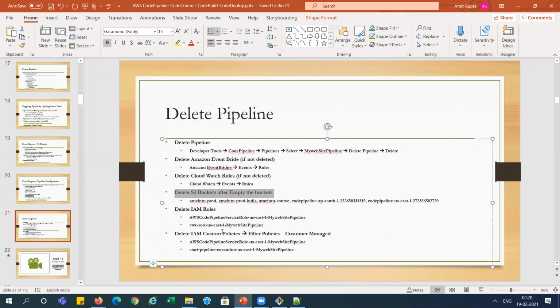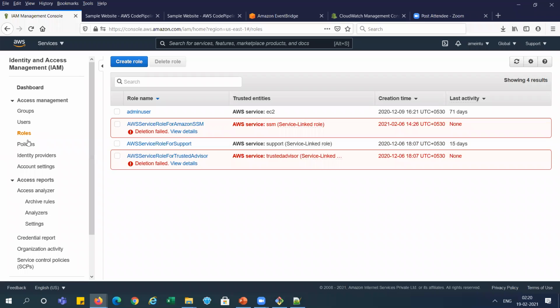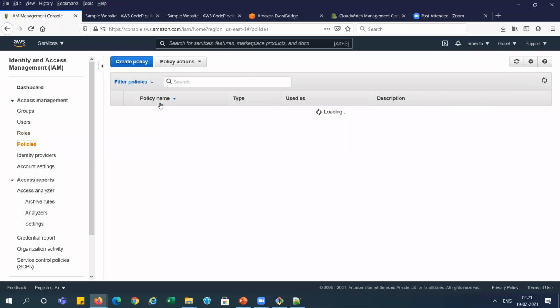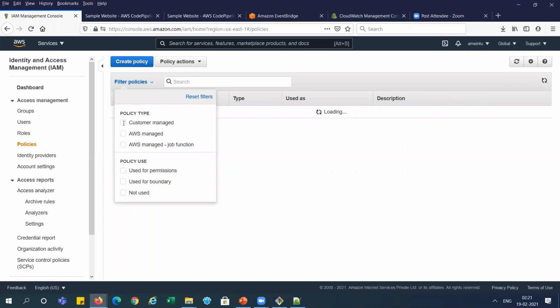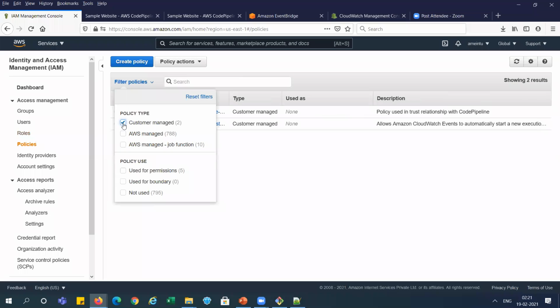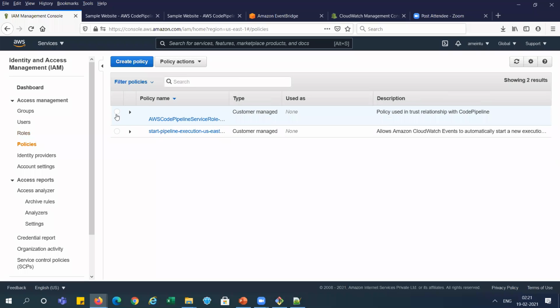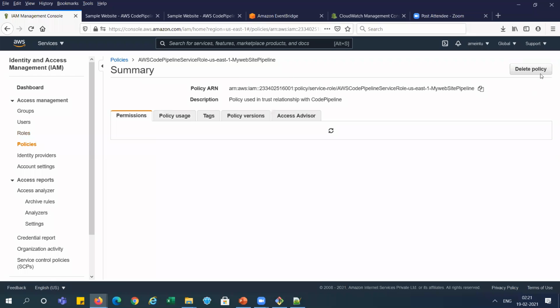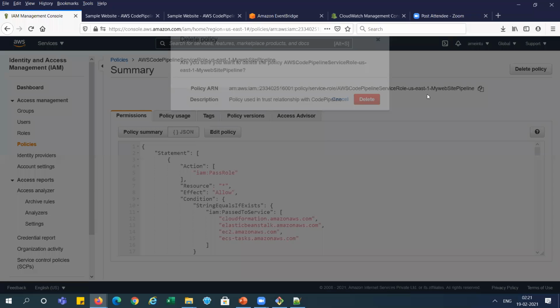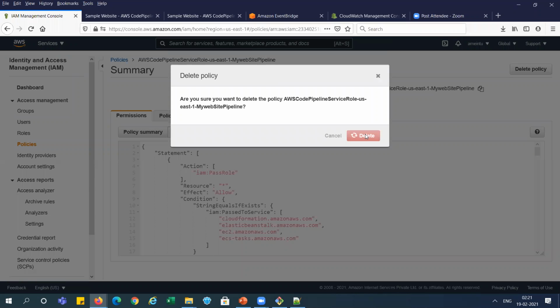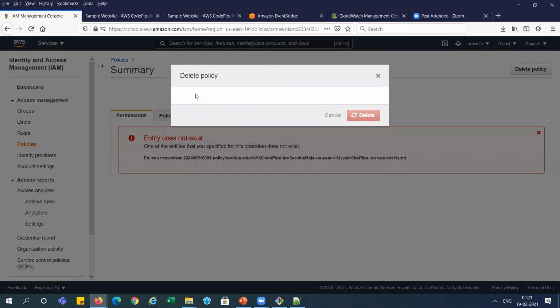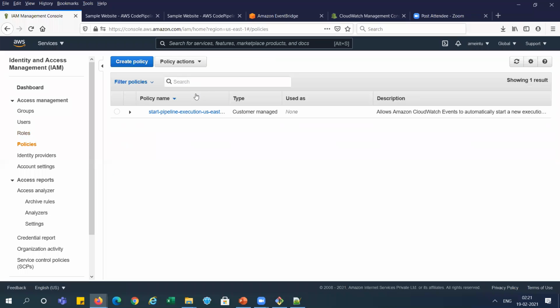Now it has also created some policies over here. So we need to go to Policies and select Customer managed, right? It is showing two policies over here. So we will go and delete these policies also because we don't require them. And there is one more which was created here.